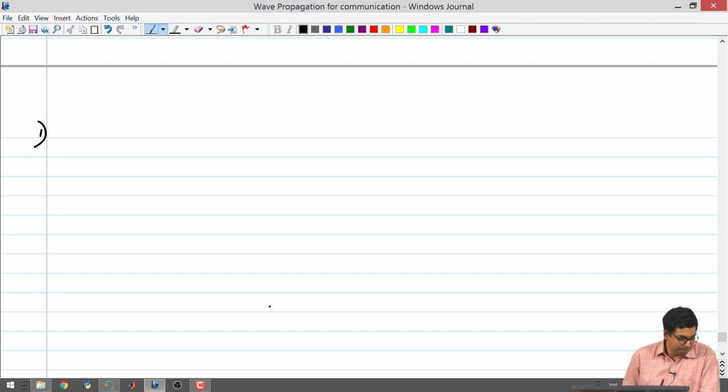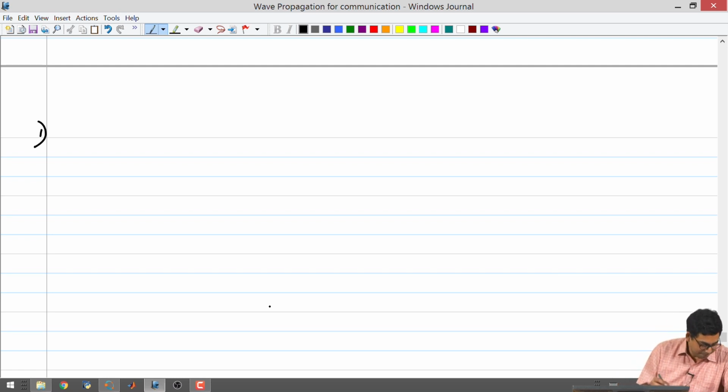Now, that is very simple because you are aware of the curl equations, and at this stage in the course all you need to do is go to the curl equations. Try to plug this form of Ez into the curl equations, and you have to apply one more condition, which is Hz equal to 0. So, Ez equal to this form, Hz equal to 0 in your two curl equations, and then you will be able to find all the other components. For example, I will not derive it, but I will write down the forms, and then you will be able to get the form of Ey, Ex, Hx, Hy, etc.